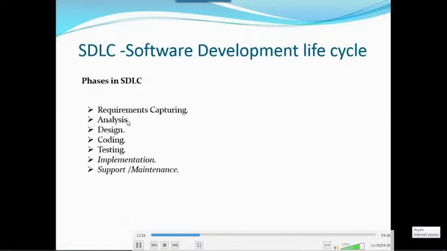Without requirements, we cannot go for analysis. Without analysis, we cannot go for design. Without design, we cannot go for coding. Without coding, we cannot go for testing. So in an interview, you need to tell it in this particular order only: requirement capturing, analysis, designing, coding, testing, implementation, and support and maintenance. Okay, is it clear?